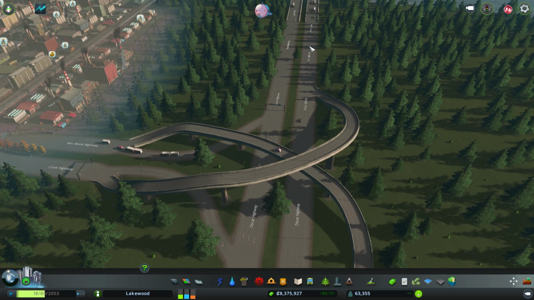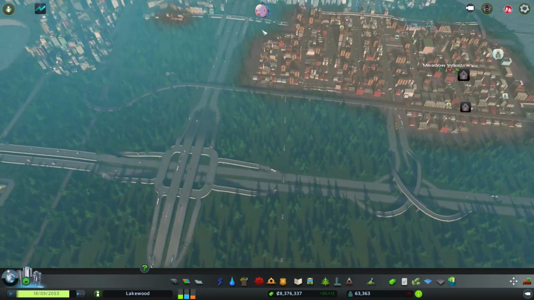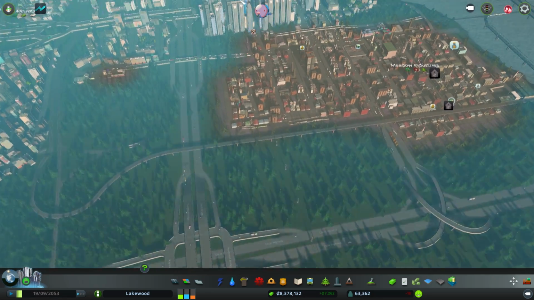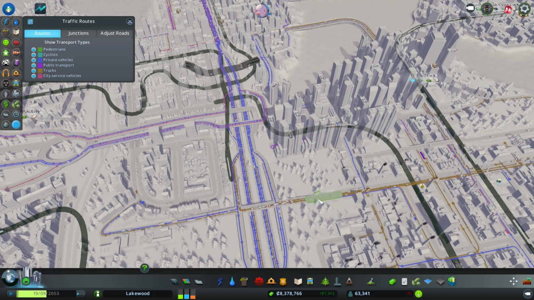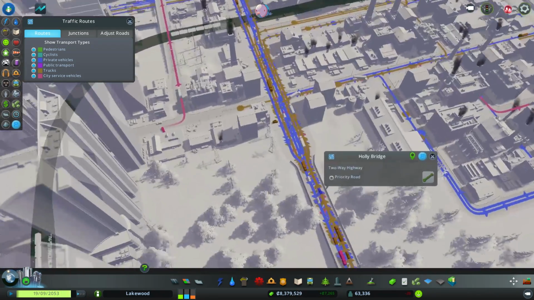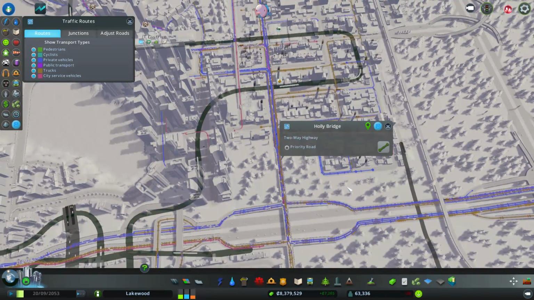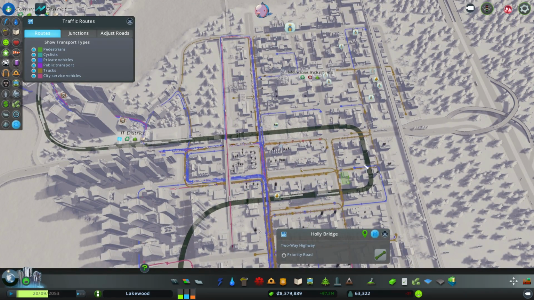If that is the case, then the simple fix for that is to create another exit to that area. So adding more exits will give your citizens more options, and it will divide the traffic flow. If you use the traffic routes info view that I talked about in the first tip, you can also see where your drivers want to go. So you can try to use that information to get a better idea of where you should connect the new